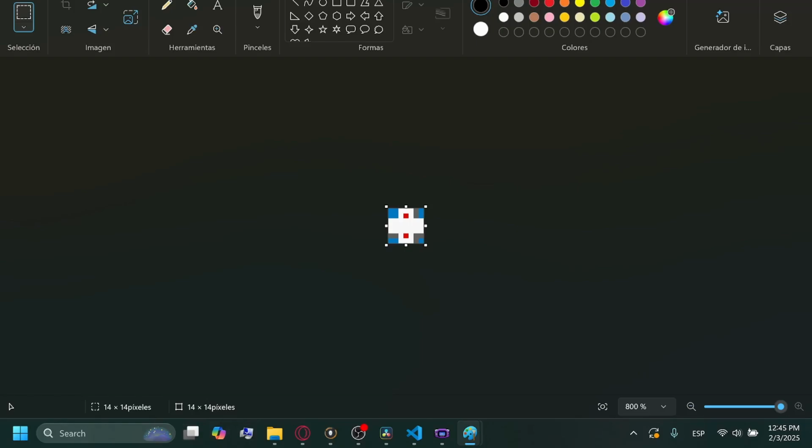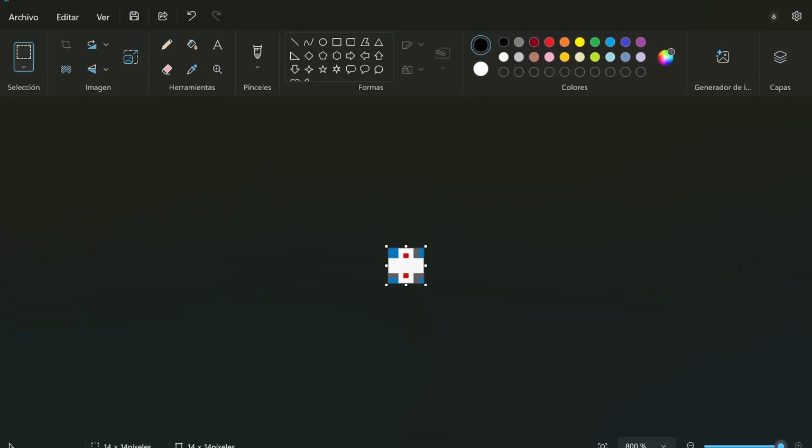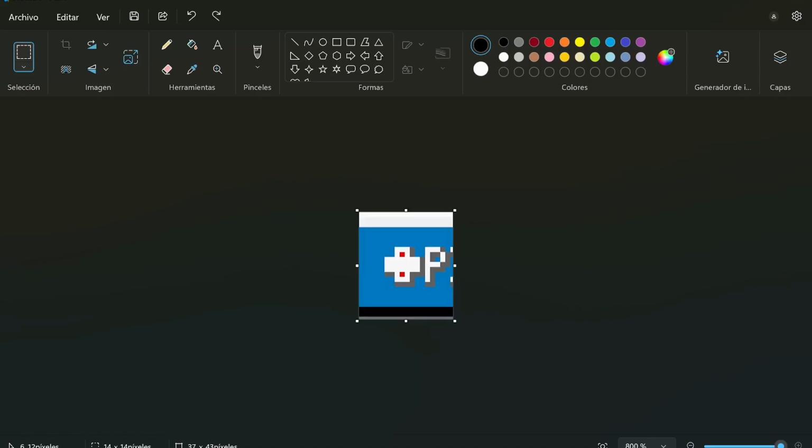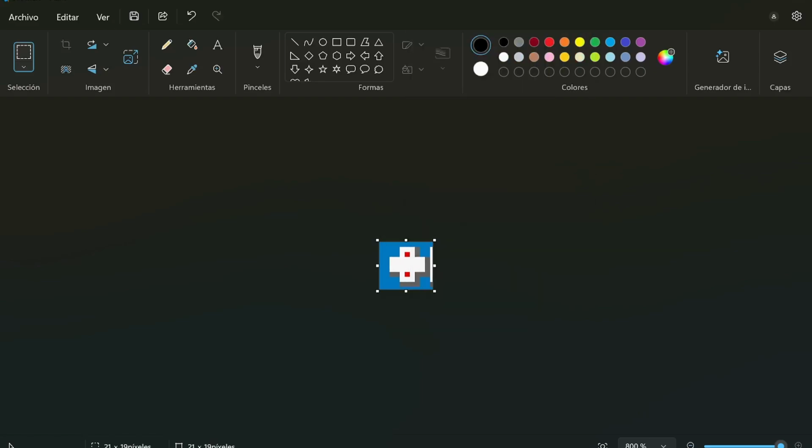It can be 21 by 21 or, for example, 35 by 35. But it has to be a multiple of 7. If the picture is not correctly cropped, for example, if I just do this, then the program will not work properly. So it has to be exactly this section